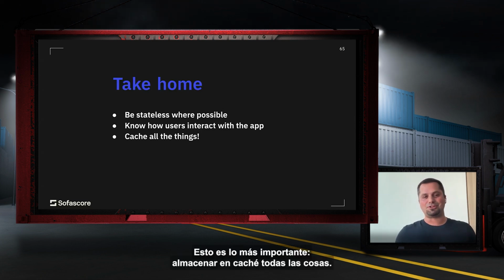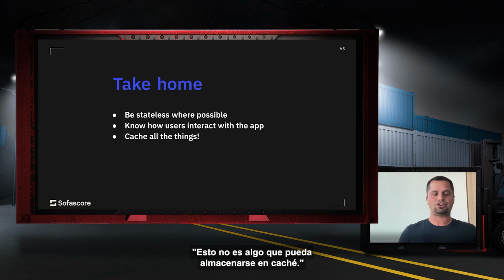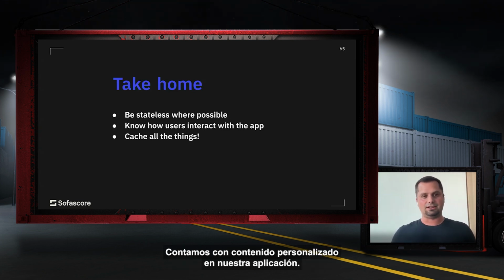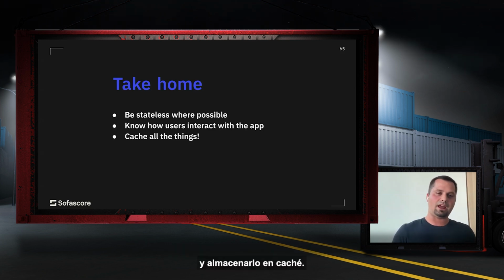And this is the most important thing: cache all of the things. Usually people say, okay, but I have personalized content. This is not something that can be cached. It can be cached. Everything can be cached. We have personalized content in our app. There are techniques you can use to split the content and have it be cacheable anyway. We have